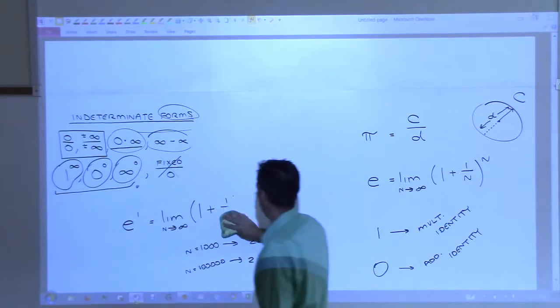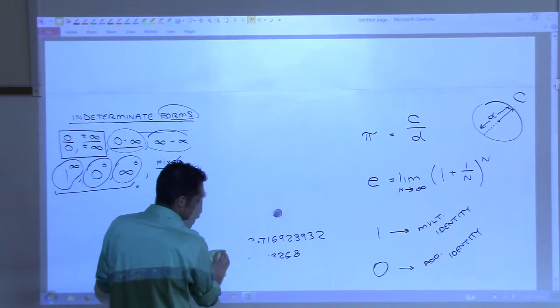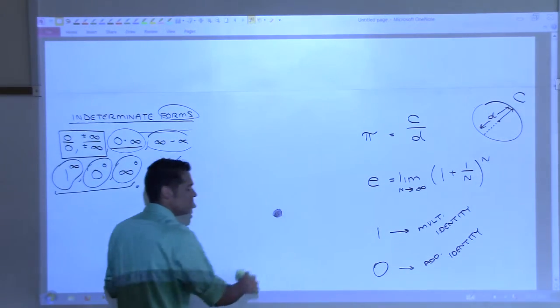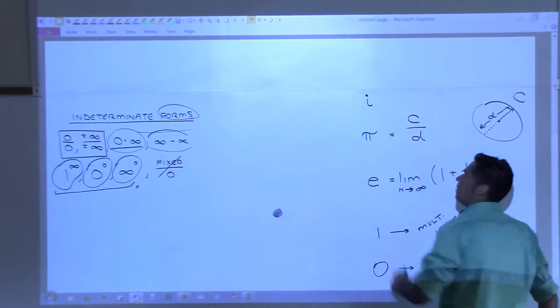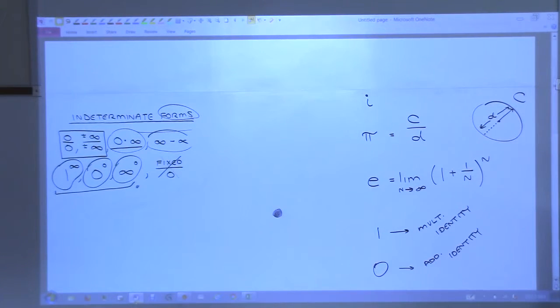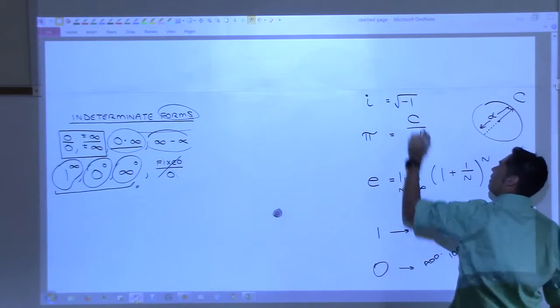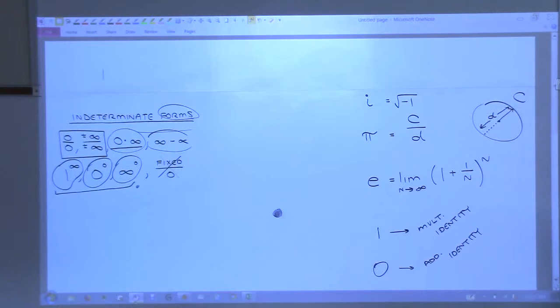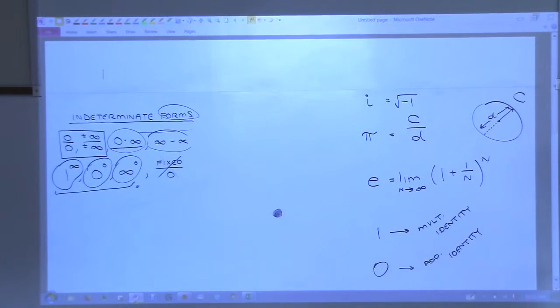All right, so the reason why I'm showing you those is because I want to show you what has been argued to be, I'm not saying it is, what has been, oh, there's one more number, sorry. i, you've seen that before. It's this imaginary thing, and it's defined to be the square root of -1. Y'all seen that before? Okay, and y'all talked about that in college algebra a little bit. Well, we don't really go deep into it, and I'm not going to go into it today, all right? But you've been told that this imaginary unit is square root of -1.